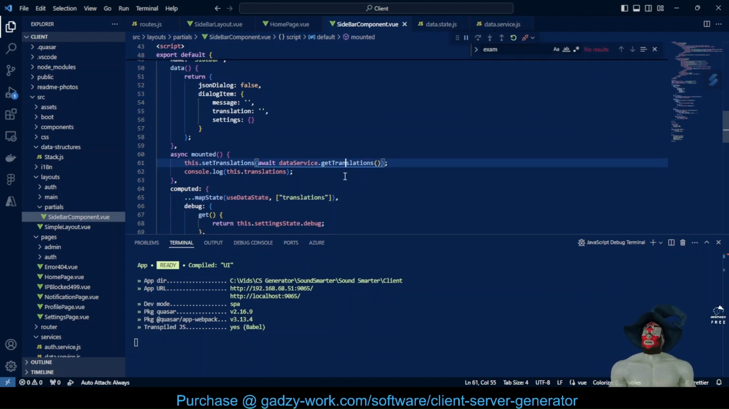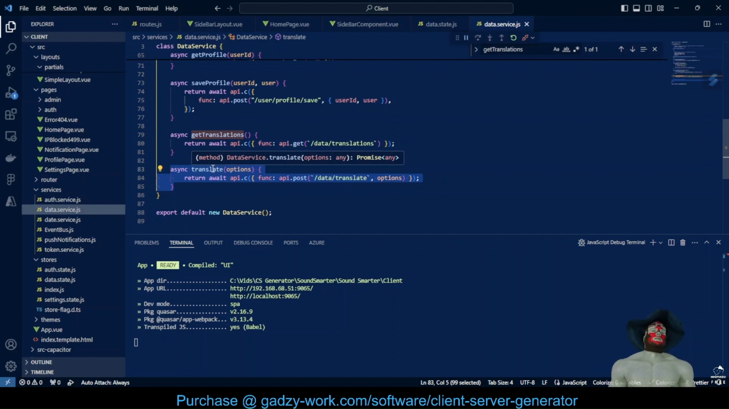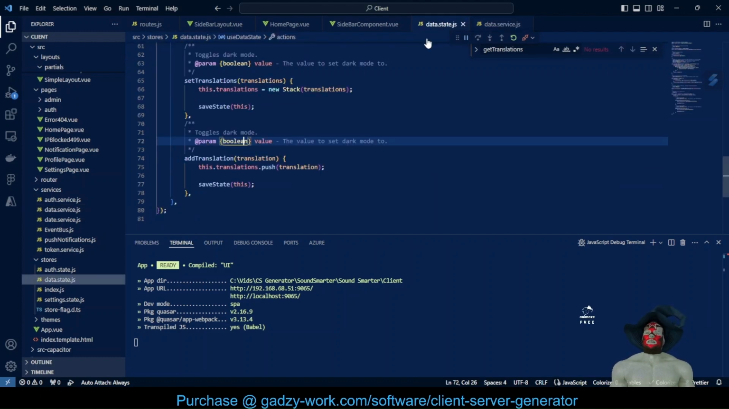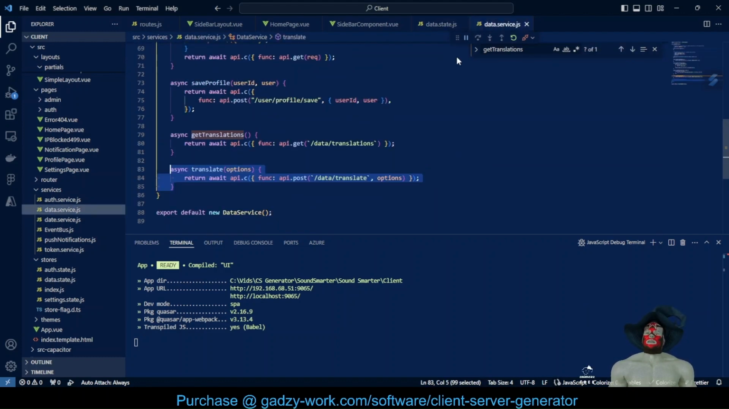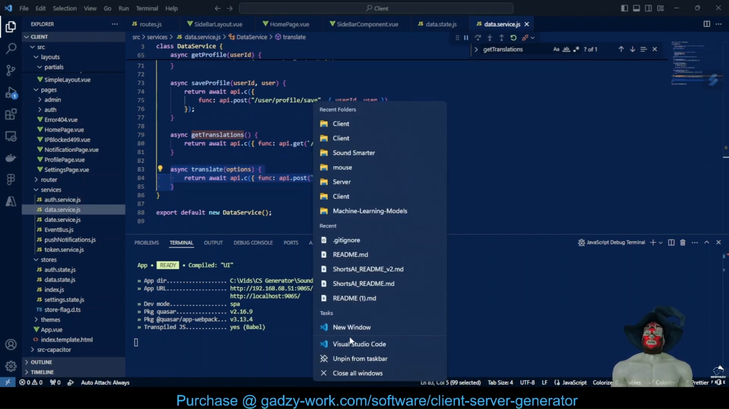So let's go ahead and figure out how to set up our translations. All we need to do is be able to get translations for our sidebar component, and we need to be able to translate from the home page. That translation will be added to the sidebar component from the add translations on the data state object. So we're going to open up the server,